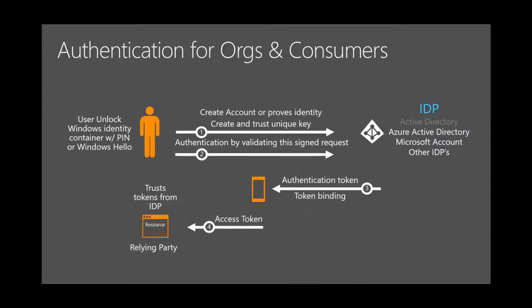servers. Take a SharePoint server or an Exchange server or whatever application somewhere out there that trusts this identity provider and says, yes, I trust you. Yes, you have an authentication token. I'm going to give you an access token for this service, and you can now access the service. The access token will expire. You can set it on your relying party how long an access token can live, right? Could be a week or a day or a few hours, depending on how you want to see it. And then the user can use the service, can sync his email, can access a SharePoint, or what have you.